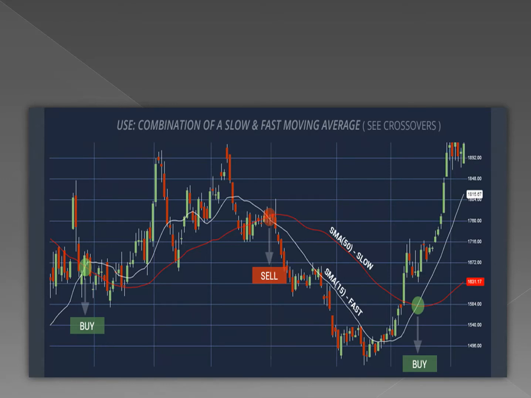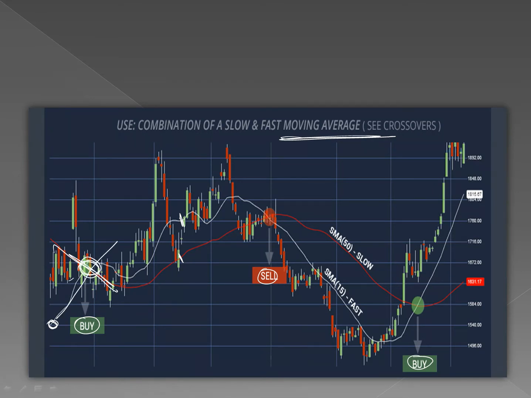Now the combination of slow and fast moving average, our very first indicator. Now it's very simple to understand, there's nothing much, just be with me. This is a buy trend, this is a selling trend and this is a buy trend. Now how do we get to know about it? So once you apply an indicator for yourself, it will form these two lines, this one and this one. Now considering the white line is the positive indicator, the moment it crosses over the red,